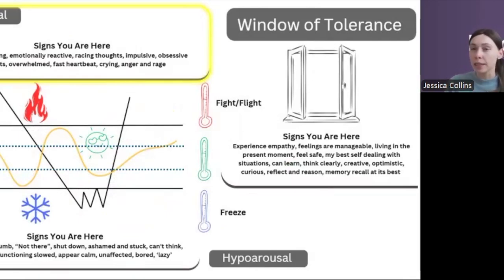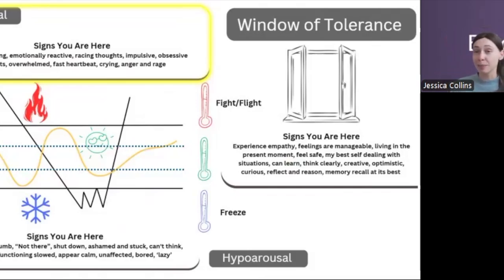They might not have had the opportunities to learn to widen their window of tolerance, because that's how we develop a wider window of tolerance, is through connection with adults in our earlier years, where if we're experiencing a difficult emotion as a child, an adult will help soothe and regulate and co-regulate those emotions with us. And that's how we learn to tolerate and manage and regulate our emotions. So those who've had extremely difficult early lives are unlikely to have had the same opportunities to learn to widen their window of tolerance and learn strategies for regulating. So as you can see on the diagram, it's like their window of tolerance remains a bit narrower.